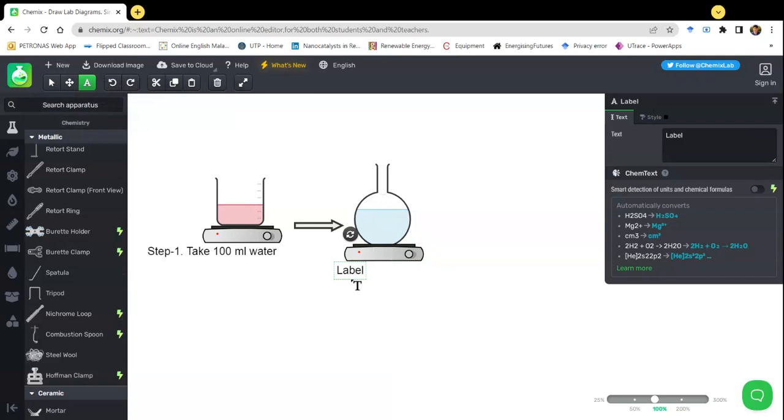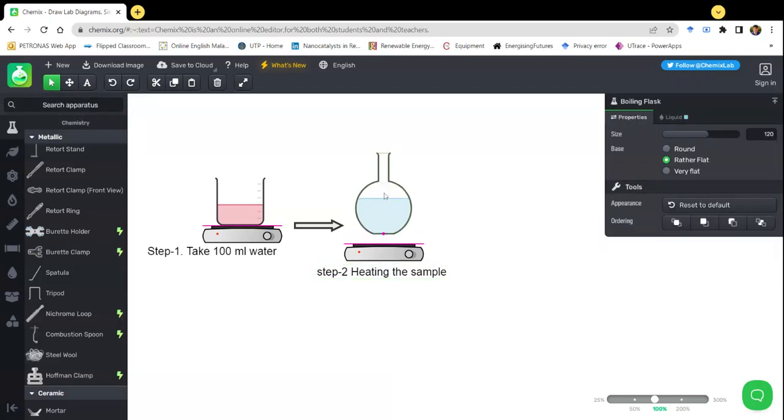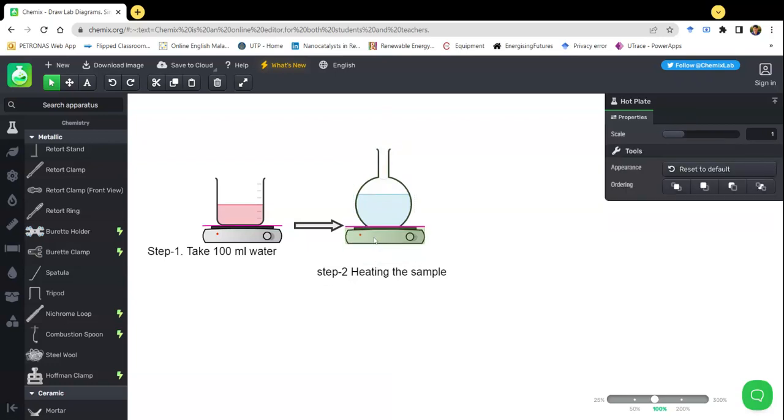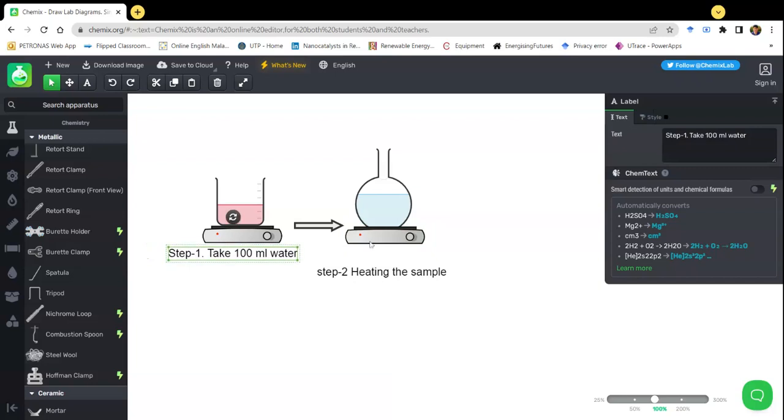So no issue, like we added text here. This is step 2. Sorry, I am again writing directly. You go here. Step 2, heating the sample. Okay. So you are doing heating, and the position of this one can be easily changed just by the arrow button. You can change the position. If you feel that these are not in line, you can just check the line. And then also you bring this in the center. This one can be brought in the center,